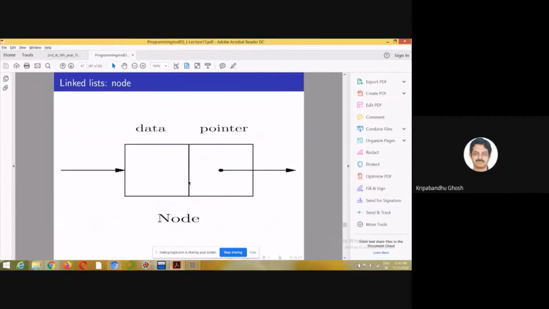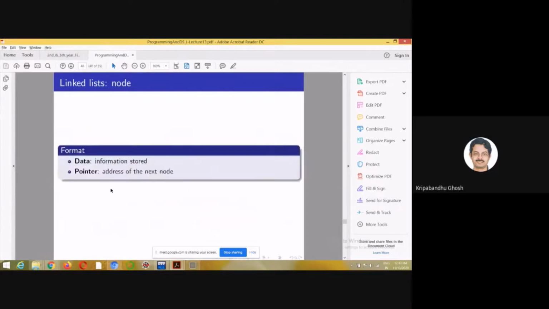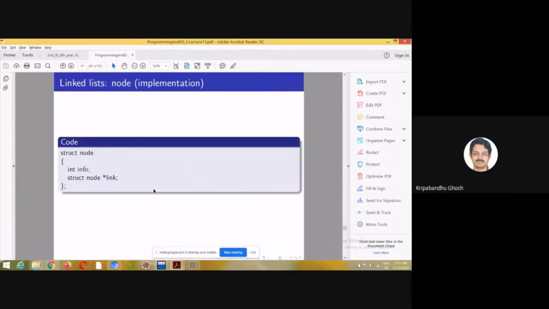But here each element contains data and a pointer. The data will store the information, so 1 is an information, 5 is an information, basically the value, and the pointer contains the address of the next node.